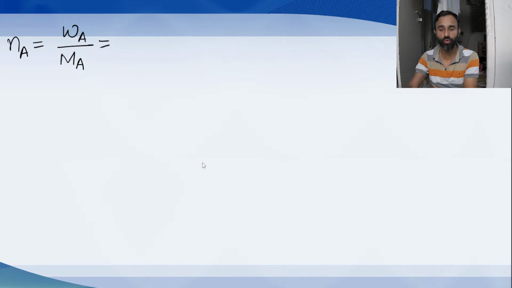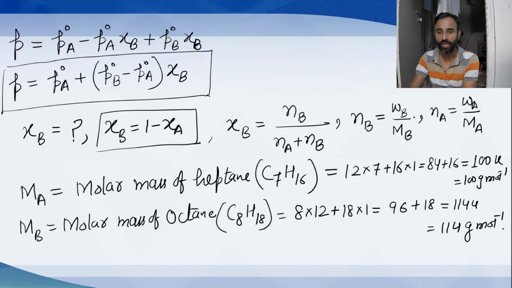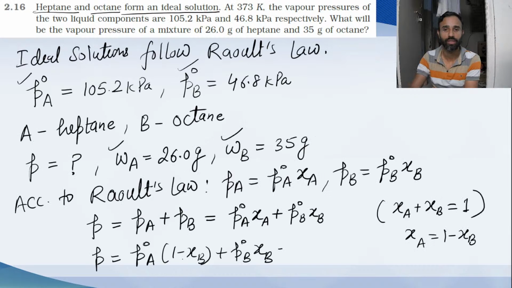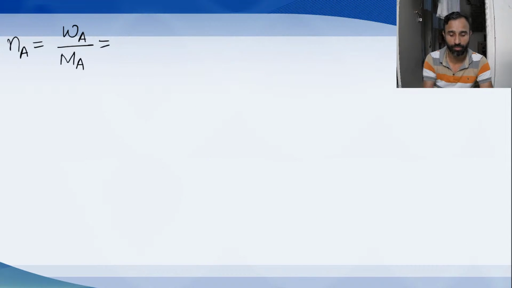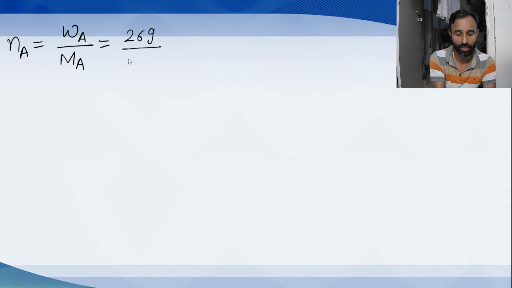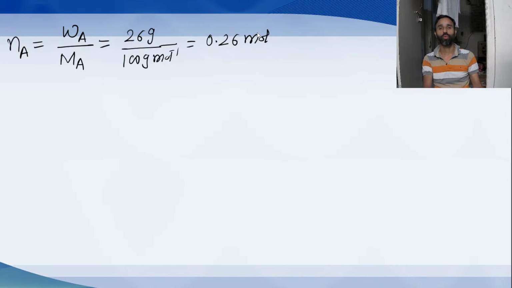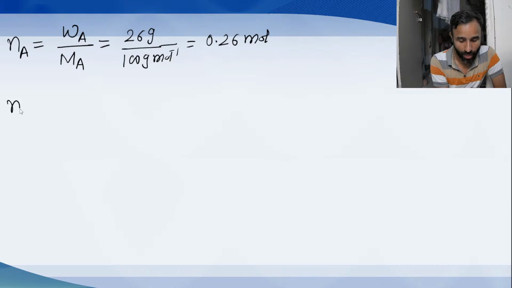What is Wa? Wa is given to you. Wa is 26 gram. 26 gram divided by its molar mass 100 gram per mole. That is 0.26 mole. Na is 0.26 mole. Now Nb,